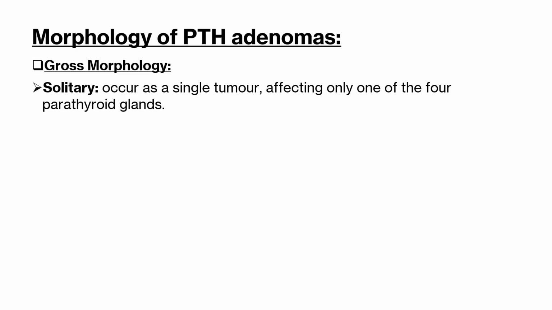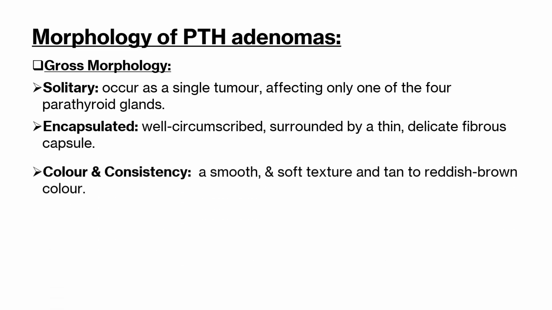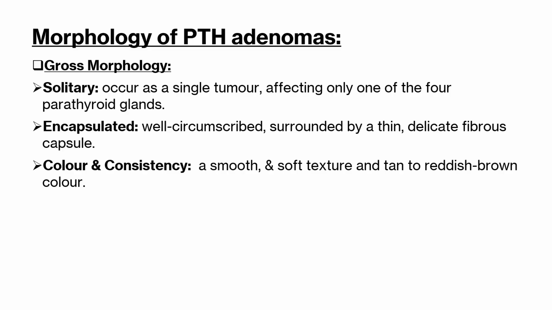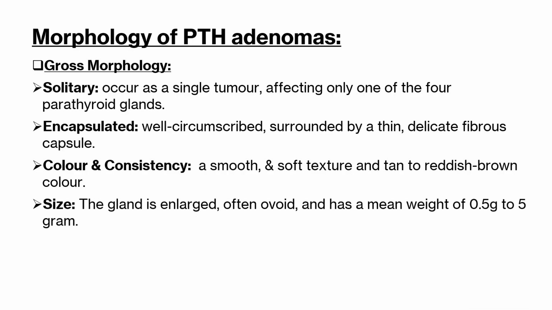So let's begin with the morphology of parathyroid adenomas, especially gross here. We can see that they appear as solitary lesions, that means affecting only one of the four parathyroid glands, that is well circumscribed and surrounded by a thin delicate fibrous capsule, with a smooth and soft texture, and its color appears as tan to reddish brown, and the gland is enlarged, often ovoid, with a mean weight of